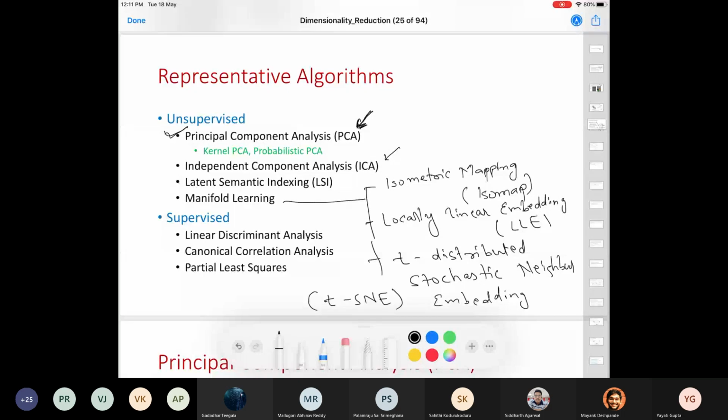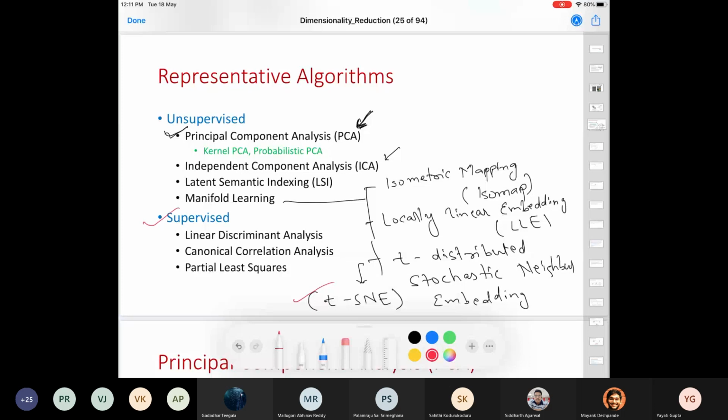They use this dimensionality reduction technique to visualize their data set in a 2 or 3 dimensional space. So I advise you to explore this library. It's available as a GitHub repository. You can clone it and use it as per your requirements.